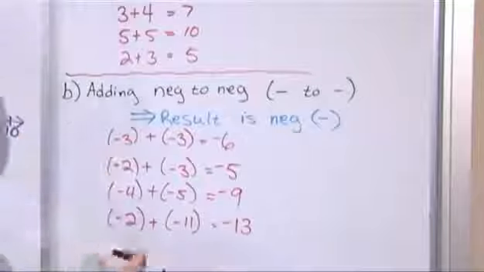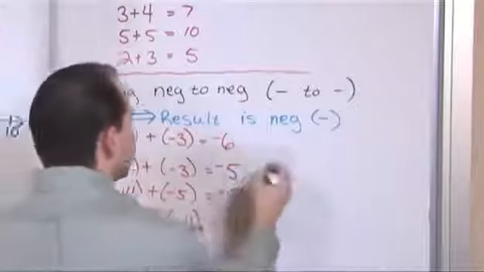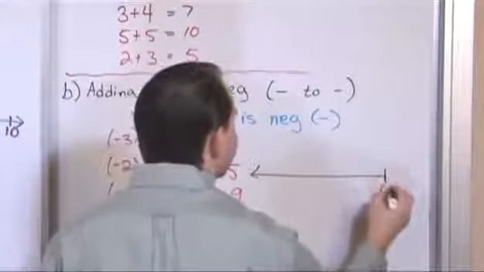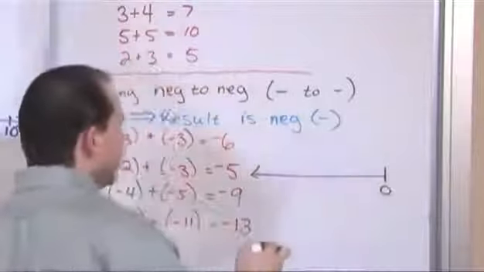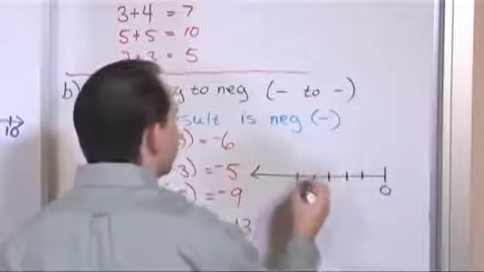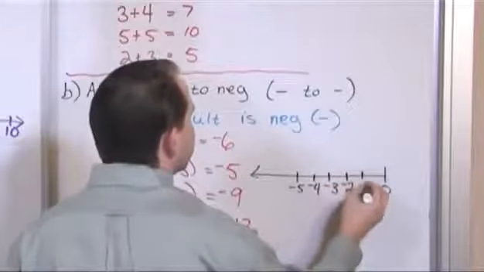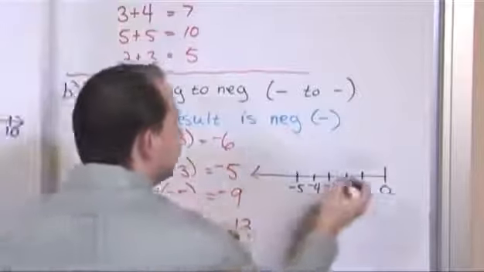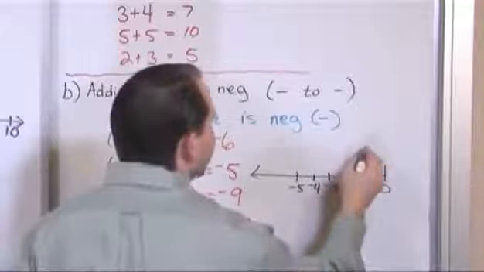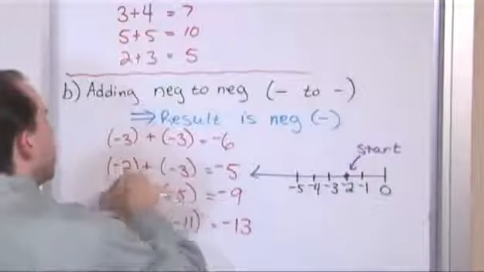Now, I want to show you one more thing with the number line. Definitely do it exactly the way in which I showed you. But let's take this one right here, for instance. Let's draw a little segment of a number line here. Let's say this is 0. The number line goes off that way too, but let's say it's 0. And then I have negative 1, negative 2, negative 3, negative 4, negative 5. Negative 4, negative 3, negative 2, negative 1. Now we start out at negative 2, so we put our little initial dot right here. So we're going to start here. Right? We start out here, and we're going to add to it